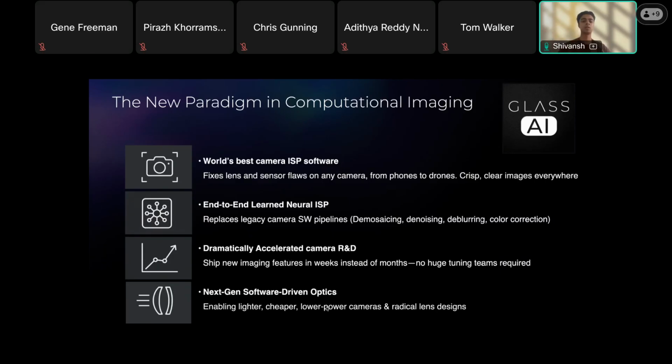There's a separate line on our web page where we also do a lot of research on deep optics, which is different from computational photography. So we draw inspiration from deep optics and try to make our networks aware of them.